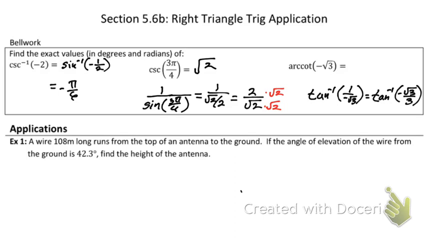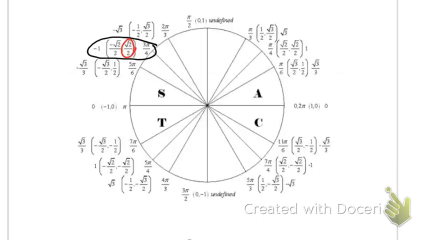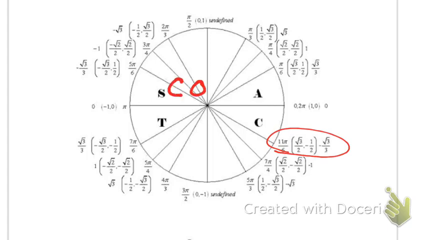Reciprocal inside. Okay, now we're looking for tan inverse of negative square root of 3 over 3. So we go back to our unit circle, and I find where it's negative square root of 3 over 3, which is right here. Here is the big problem with that angle. Let's make this a little bigger. The quadrants where they exist are